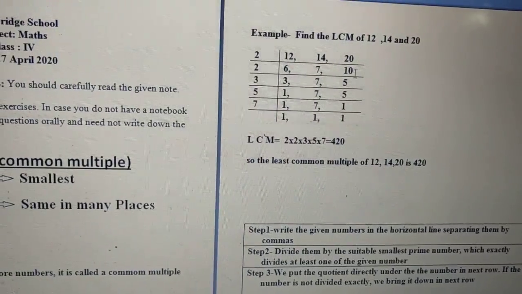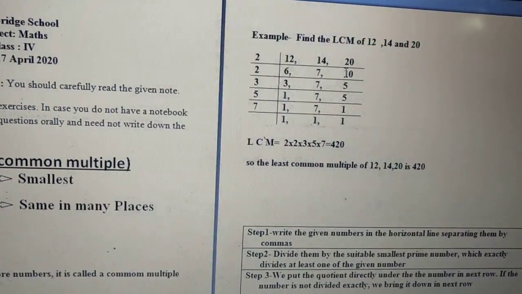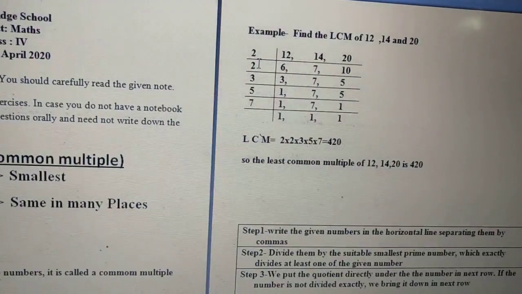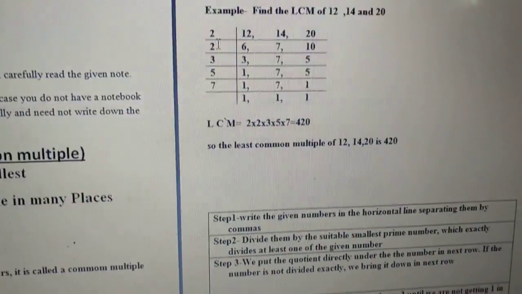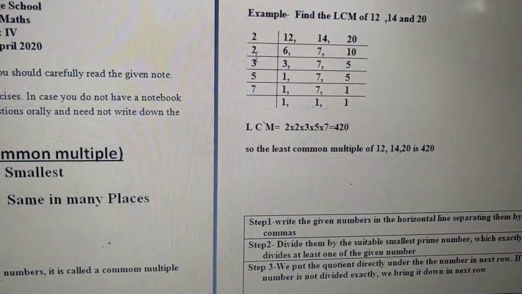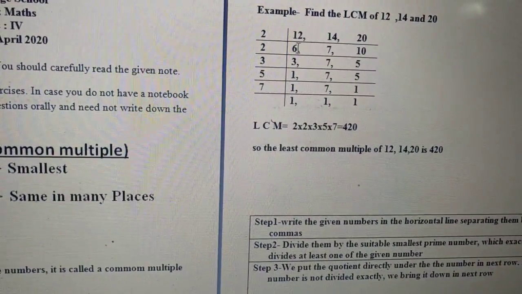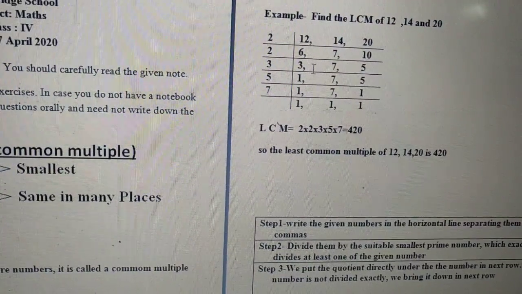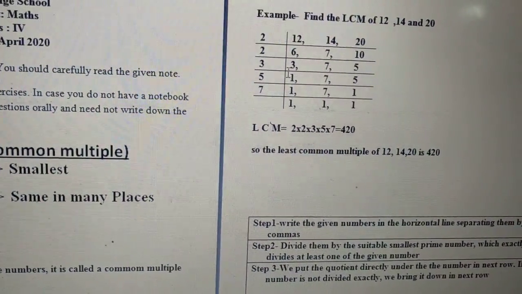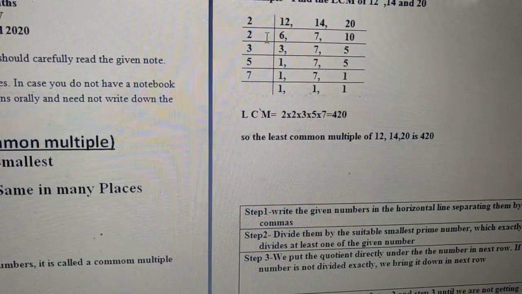Out of these three numbers, again we can divide two numbers, 6 and 10. Both the numbers I can divide by 2. So again I'll repeat the division by 2. So I have written 2 in front of the second line. Now I am dividing 6 by 2 and the answer I am getting is 3. 2 threes are 6. The quotient is 3. I have written 3 here. 7 is not divisible by 2.